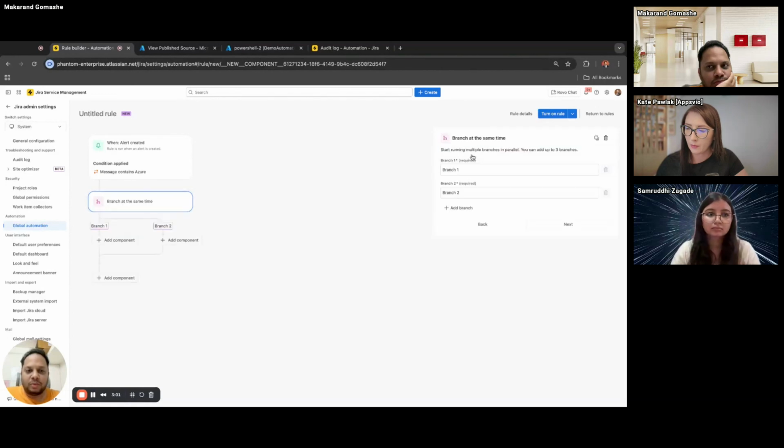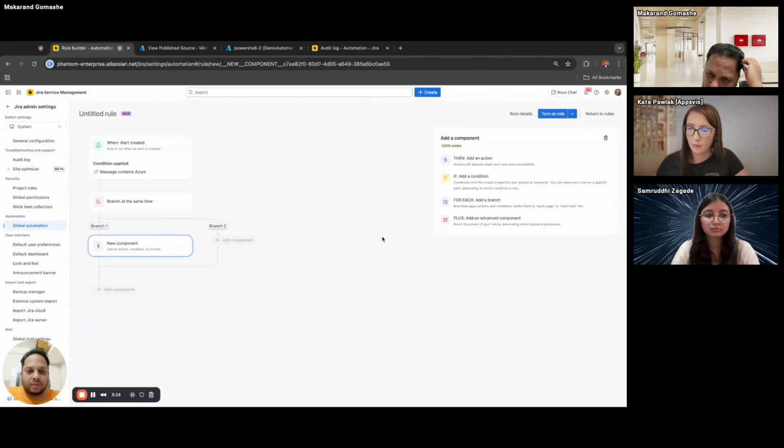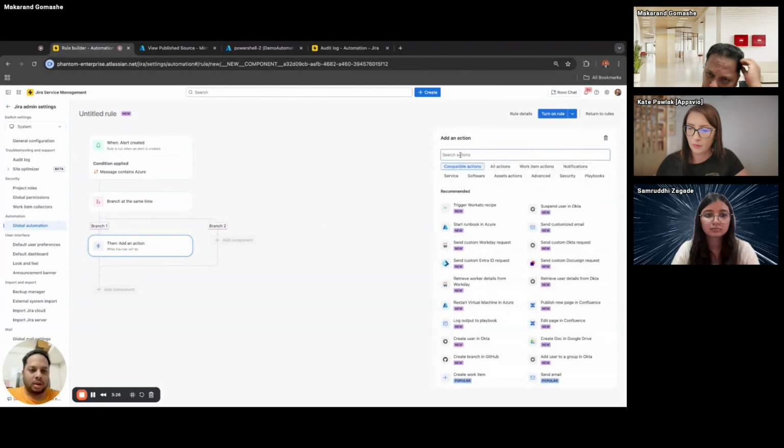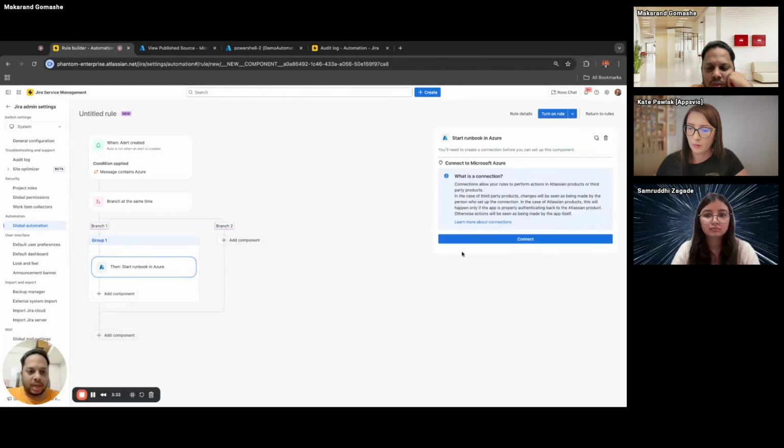This component, when used, can split the workflow into two or many branches, and you can even add more branches. It performs all the actions within each of these branches and then converges back into the main path or main workflow. In this case, let us assume that we need two branches only, and the first one is, because our payment service is on Azure, I want to run a runbook on Azure